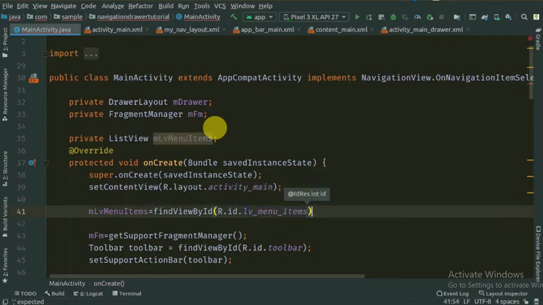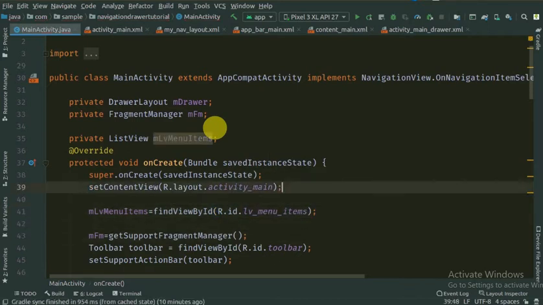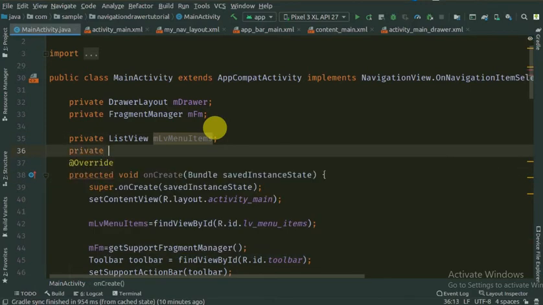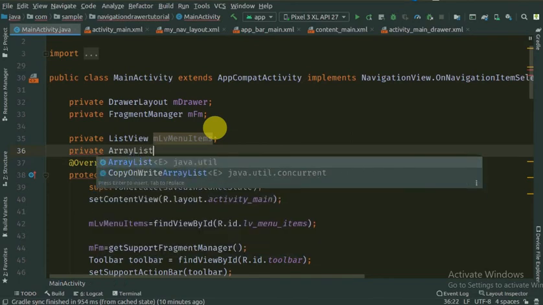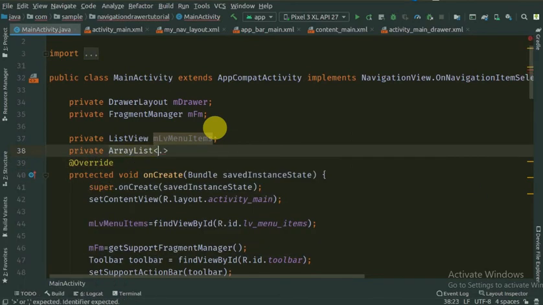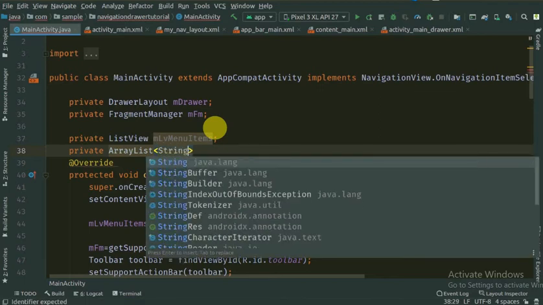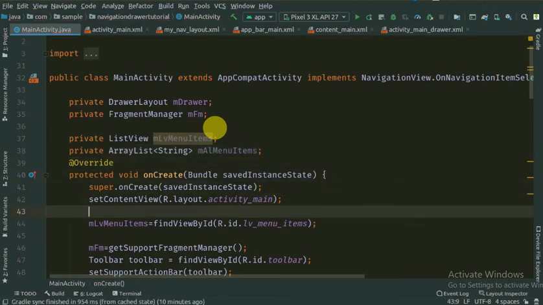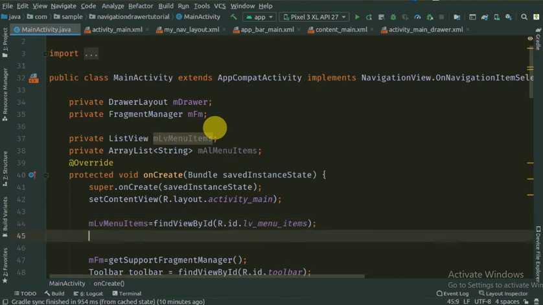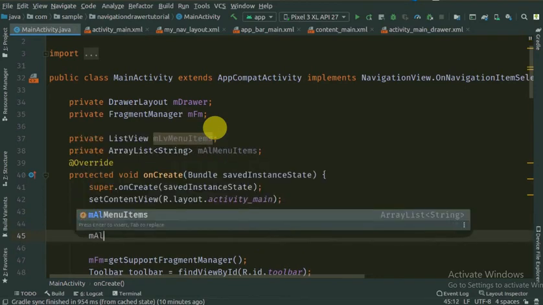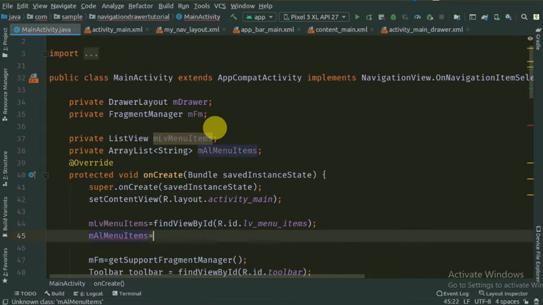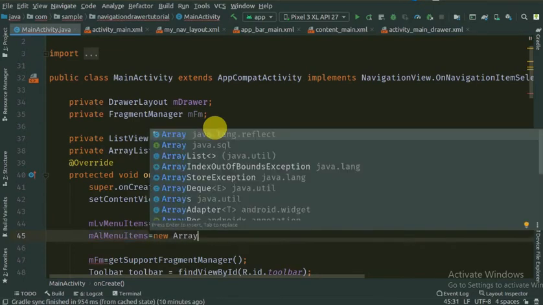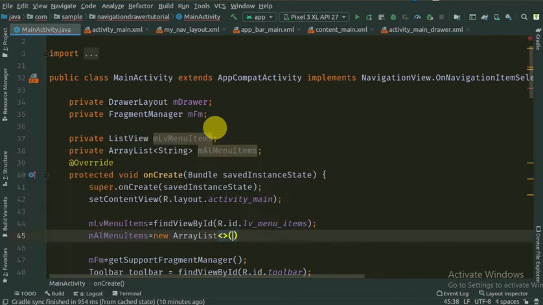Okay, LV menu items. Now let's create one string array list to bind data in our list view. So I am taking one array list of strings, that is mArrayListMenuItems. Let me initialize it over here: mArrayListMenuItems is equal to new ArrayList.